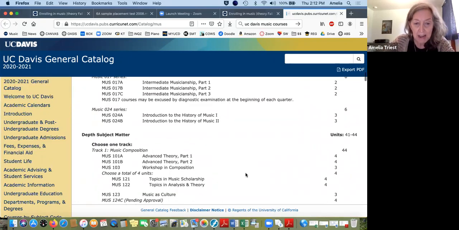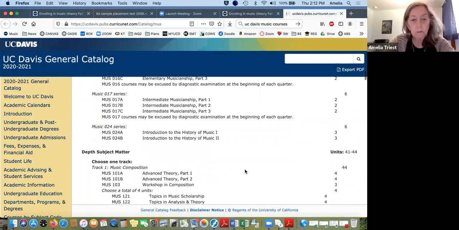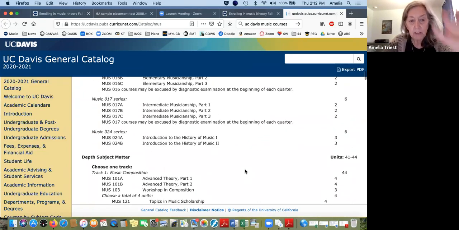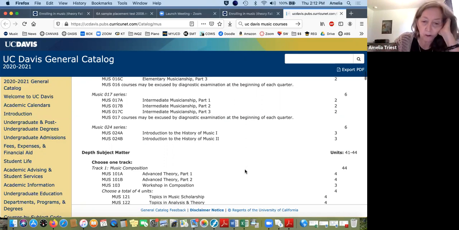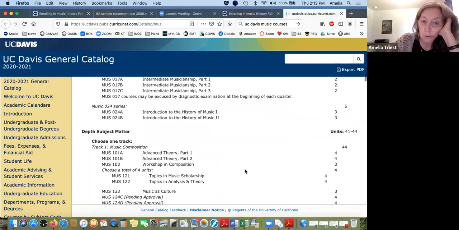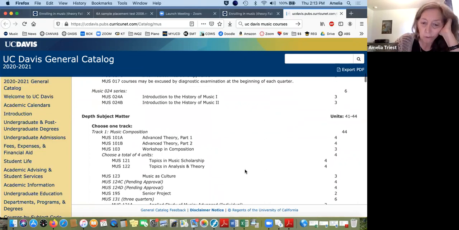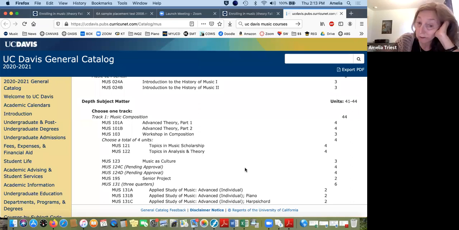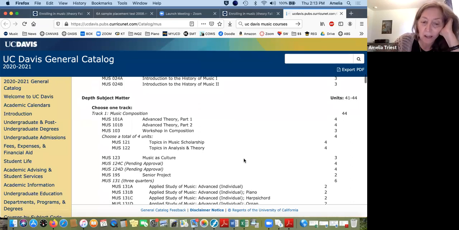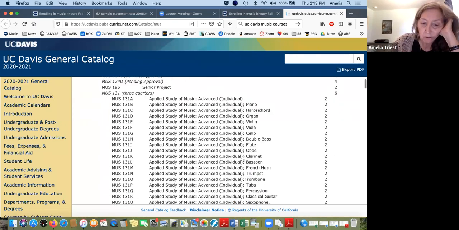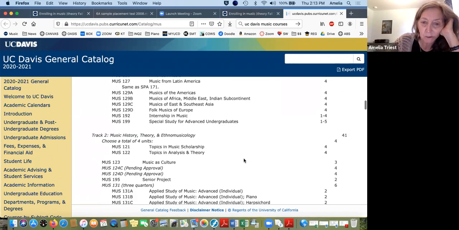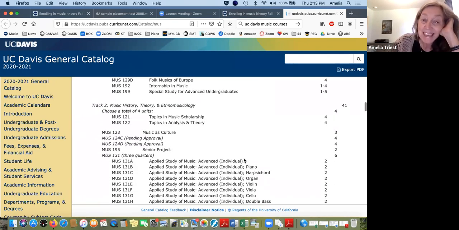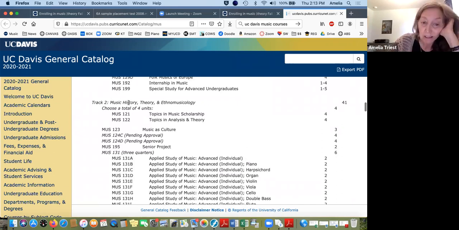And here are the tracks. So basically, everything lower division is above each track's listing, or area of concentration, emphasis track, whatever term you want to use. And then you can see, you can read through this. There's extra theory, extra two quarters of theory in the composition track. I know it drives me crazy when people scroll quickly when they're screen sharing and I'm sitting there in Zoom trying to grab the screen with my hand. So I'll try not to go too fast. The music history theory and ethno track is right here.